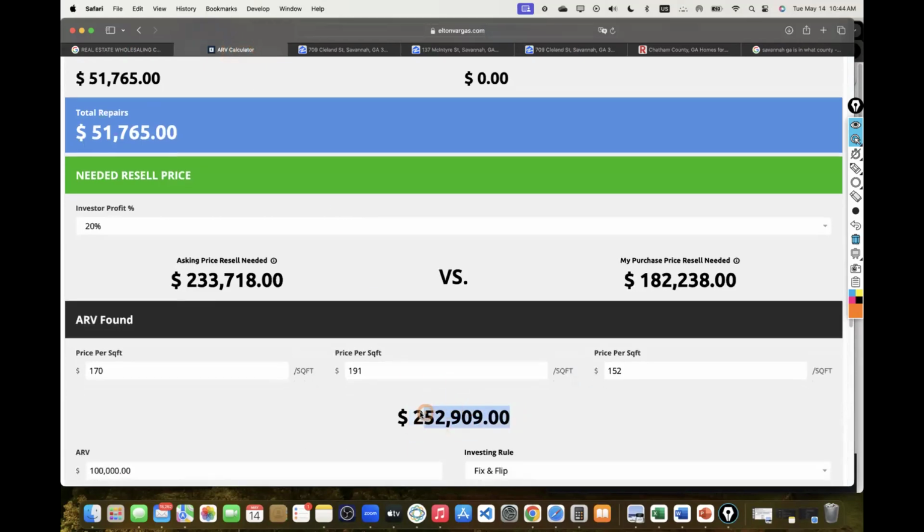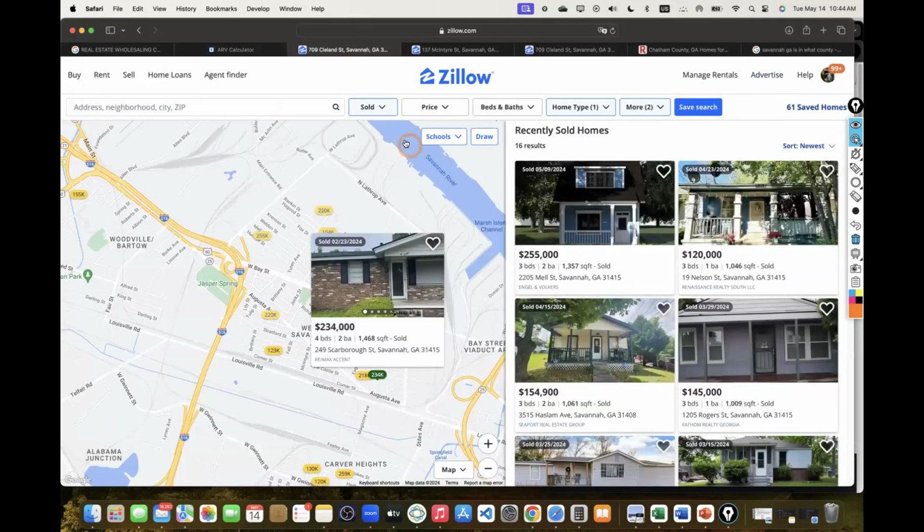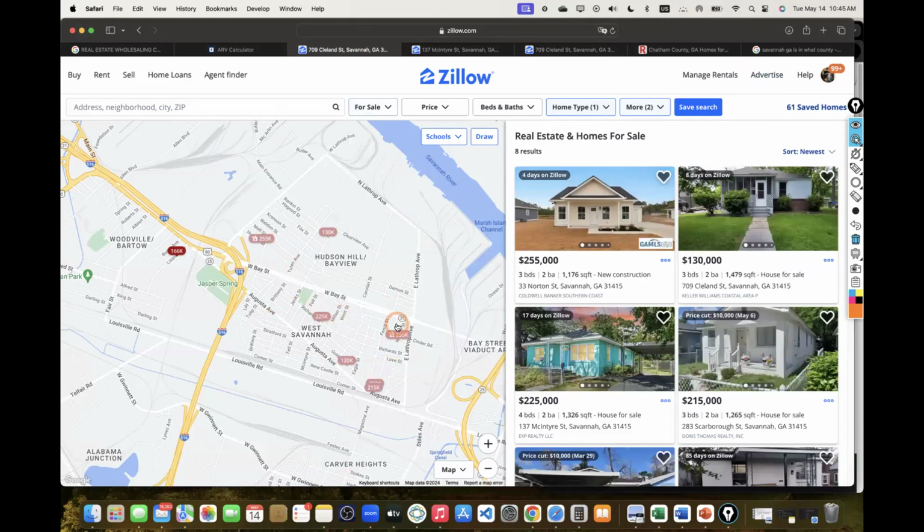Again, we can push it, but it's always good to over-budget, and then slowly make some price adjustments depending on how the market is around September and October. So we can list the property in the future for $250,000. If the market gets better, then we can push it for more, once we start fixing it up and see what kind of appraisal we can get. This price point is basically what properties are selling for right now. If you go back to what's active at the moment, we noticed that the price points on these properties were selling around 225 to 250.